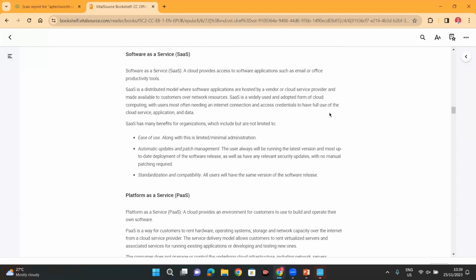So software as a service has many benefits for organizations, which include but are not limited to ease of use. Along with this is limited or minimal administration. You don't need to hire new admin to monitor the whole thing for you. Automatic updates and patch management. Cloud service will be the one to apply the patches for you. You don't need to do that yourself. And also standardization and compatibility. All users will have the same version of the software used. It's not like someone has applied the patch and someone has not applied the patch. All of you will run the same